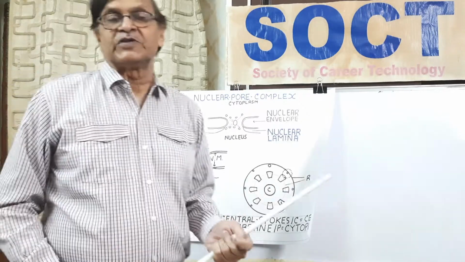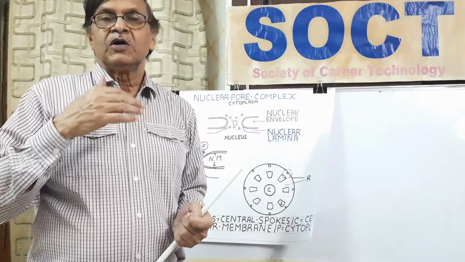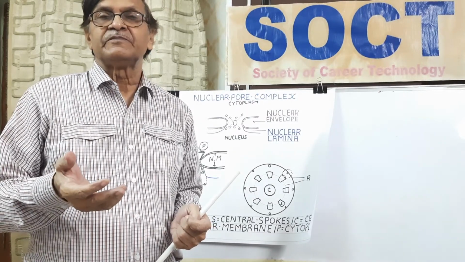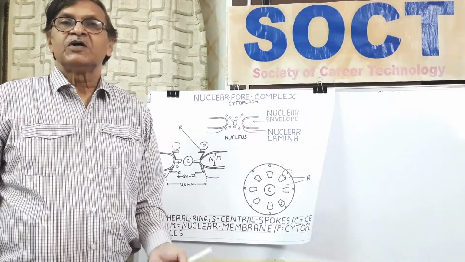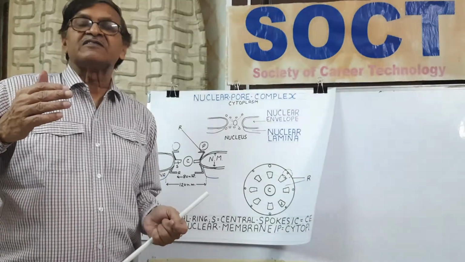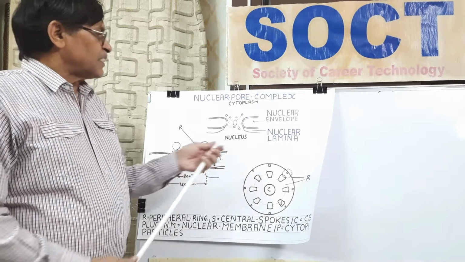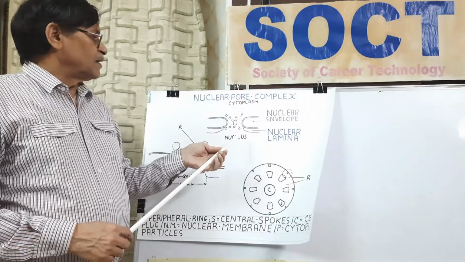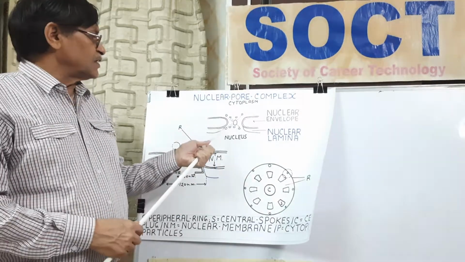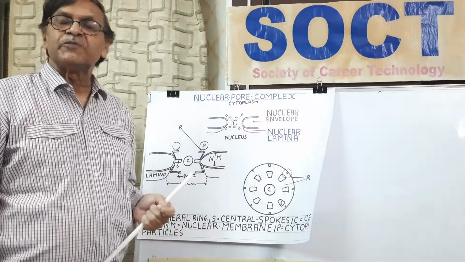It is interesting to note that during every cell division after late prophase, nuclear membrane dissolves and again reappears in telophase stage. But the nuclear lamina remains as such. It also helps to connect the chromatin, outer layer of the chromatin network. It remains connected with this nuclear pore complex,